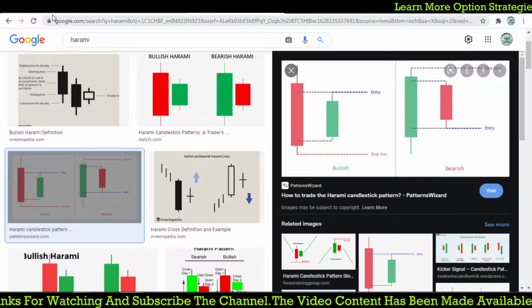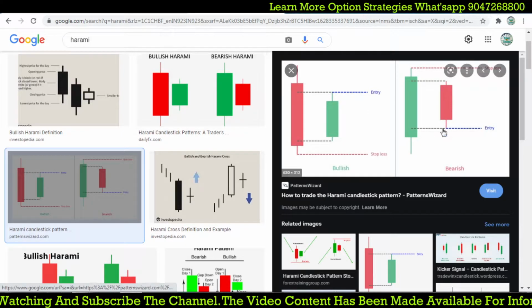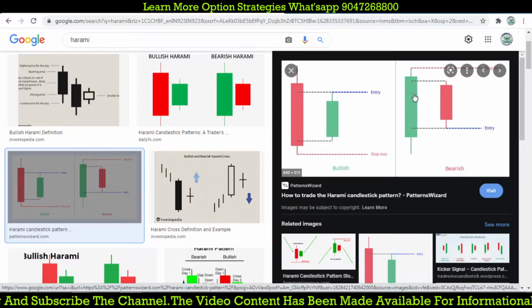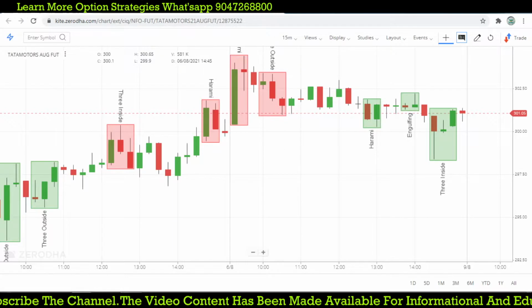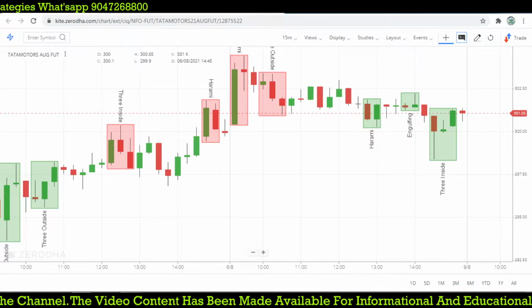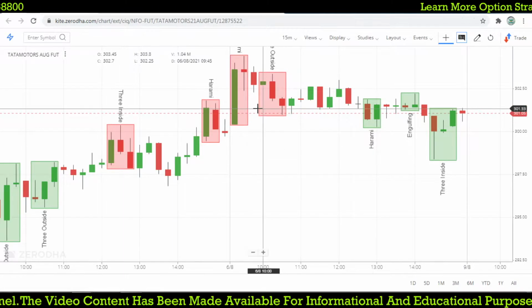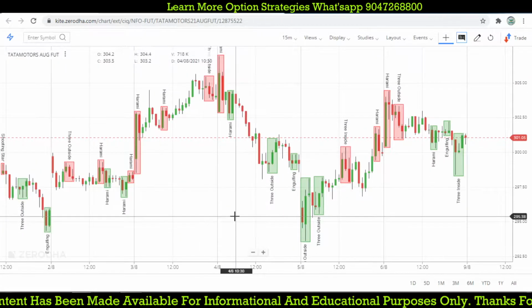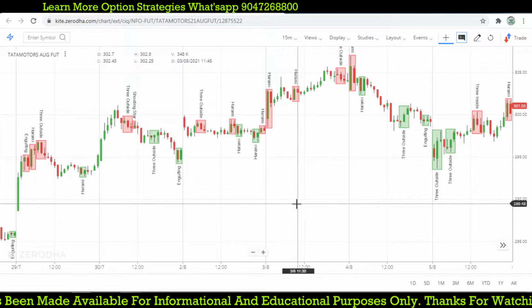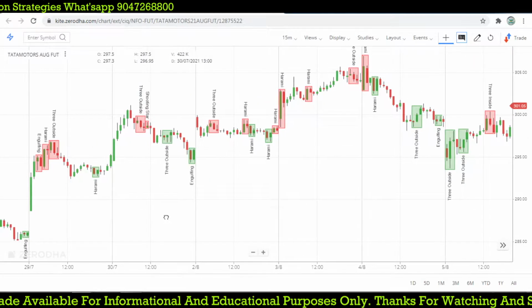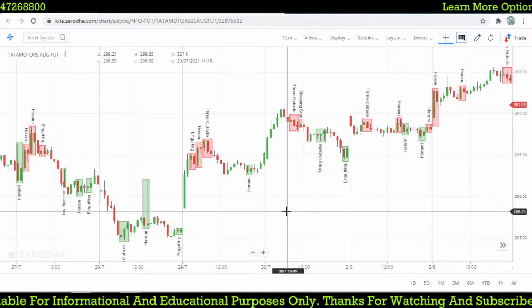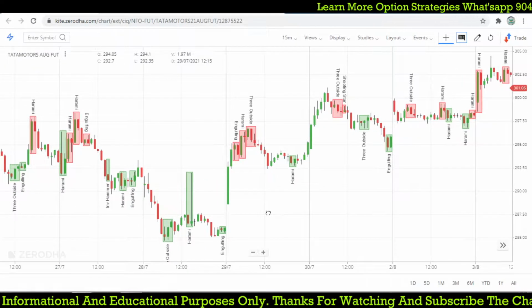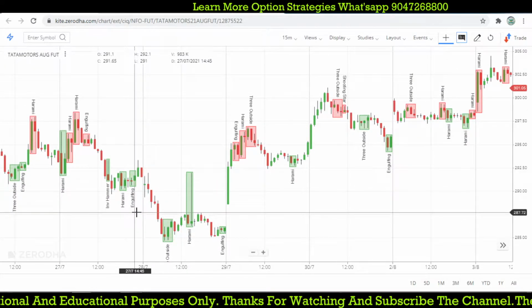What we are discussing right now is how we are going to take a trade opportunity. Let me show you some stocks which form that kind of candlestick pattern. Here you are not able to find such a pattern. If any pattern forms at a higher level or lower level, we will go for a good trade opportunity at the highest as well as the lowest.